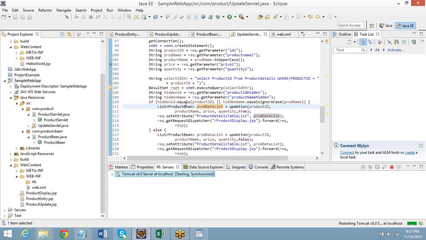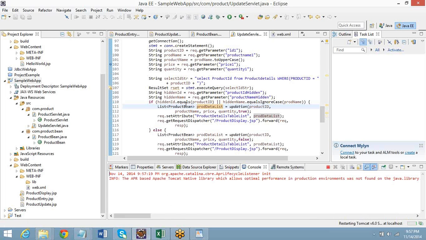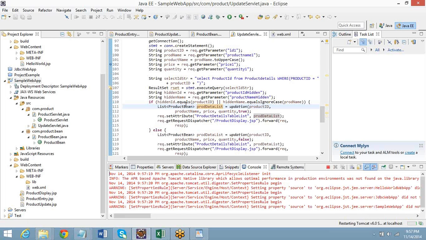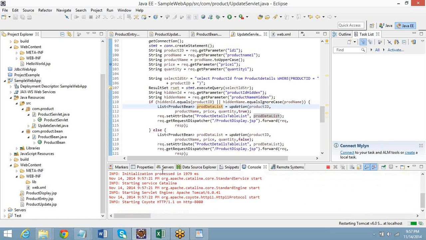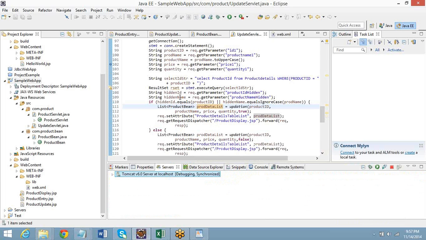Now come from the first, starting onwards again. Close all the things which are making a lot of... I didn't get you, sorry. Close all the files. We don't require all of them, right? If we require, we'll open it again. Right click on the file and close all. Okay.